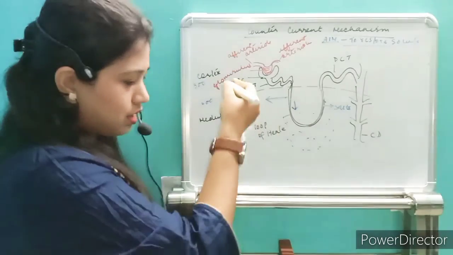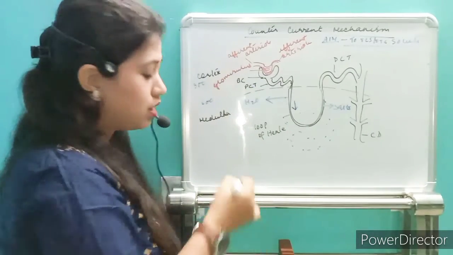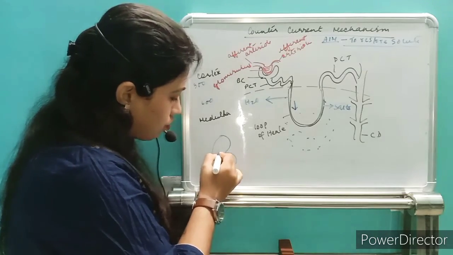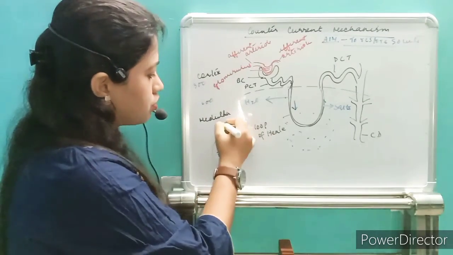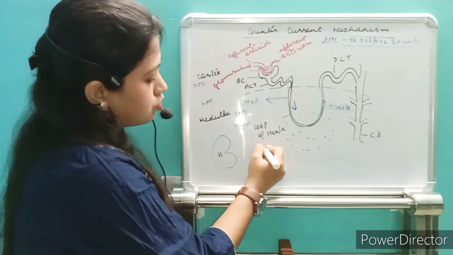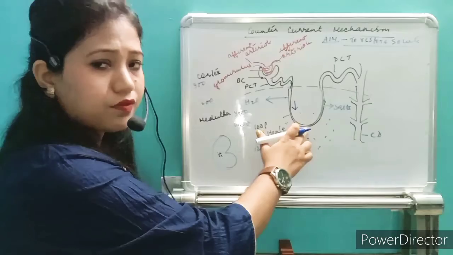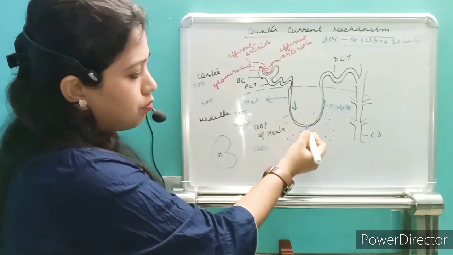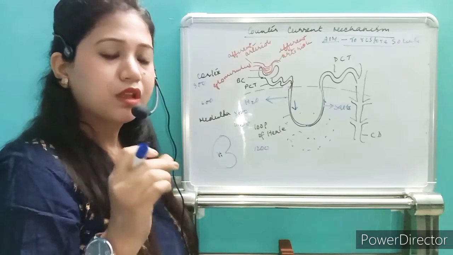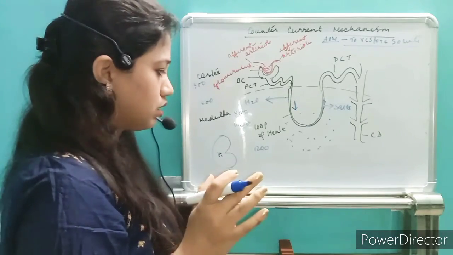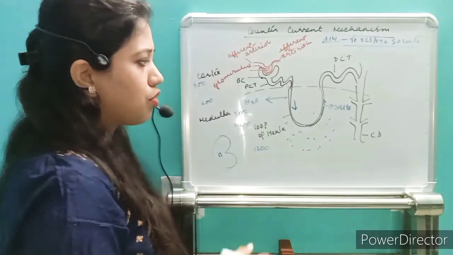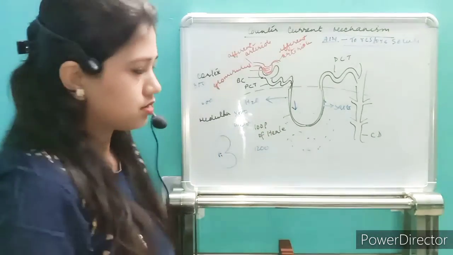From the cortex the osmolarity increases. That means in the middle of the kidney, suppose this is the kidney, in the middle of the kidney we are going to store maximum solute. So solute concentration will increase from 600 to 800, 800 to 1000, 1000 to 1200. So maximum at the tip of this U part, the middle of this loop of Henle, we are going to have the concentration of 1200 milliosmol per liter. So how can this be possible? With the help of the countercurrent mechanism.